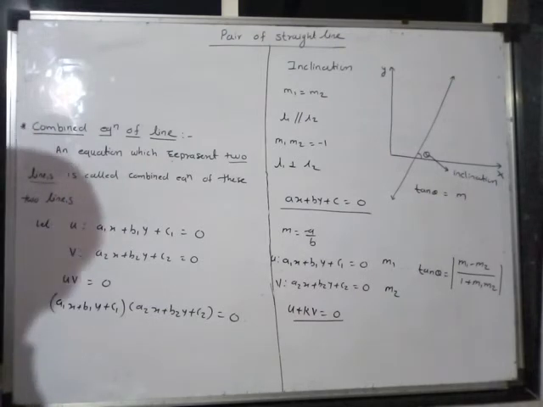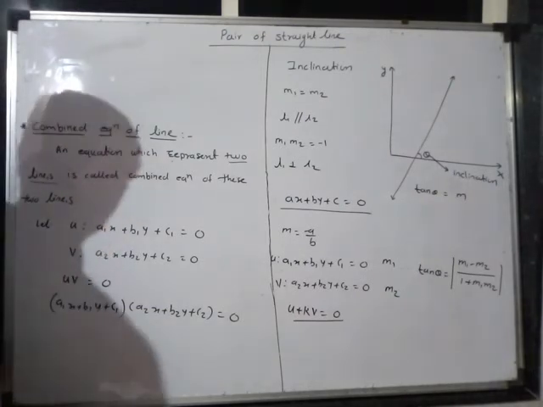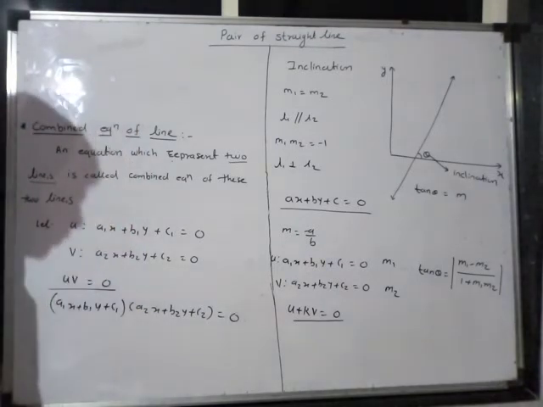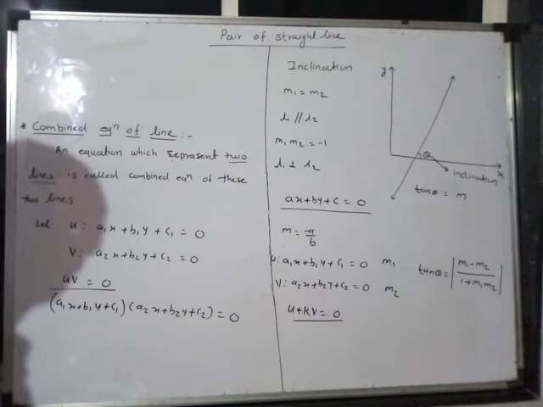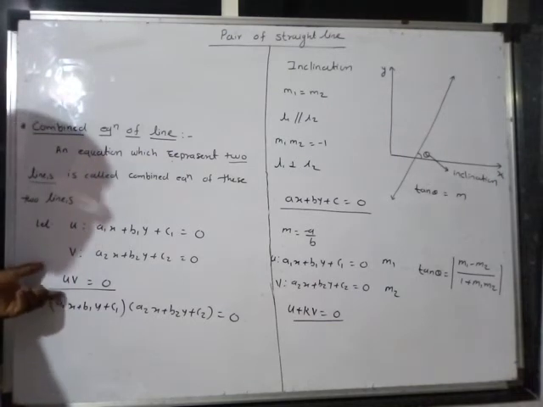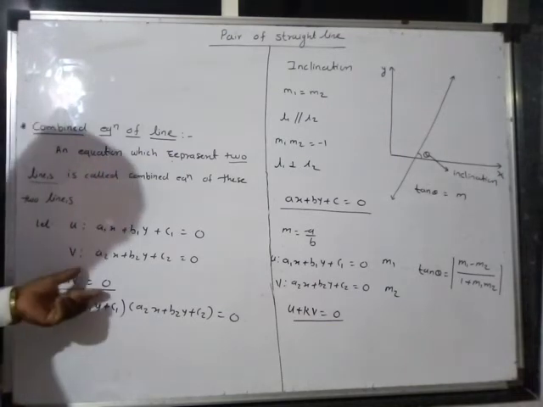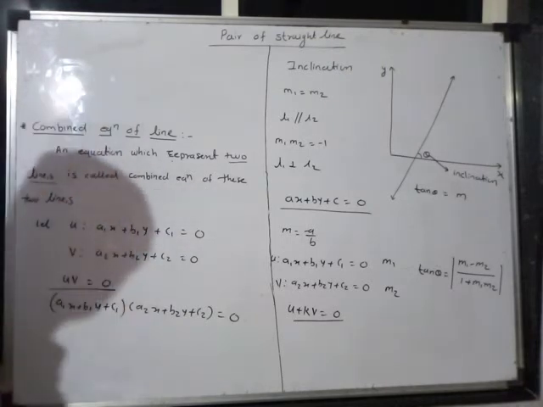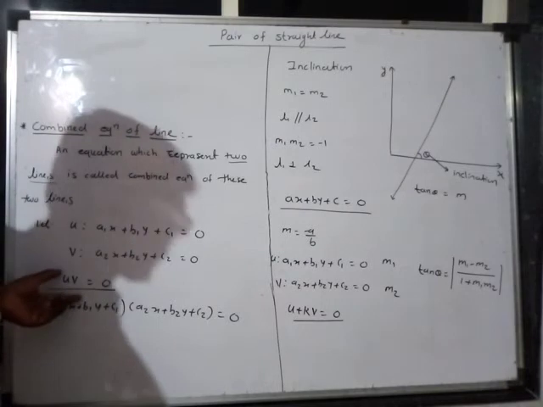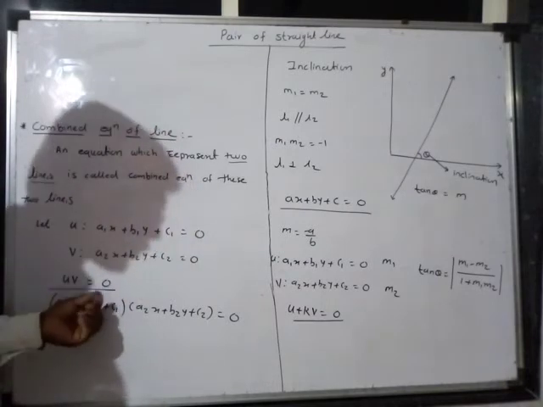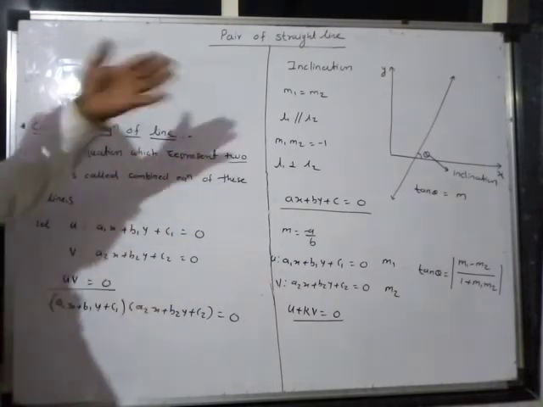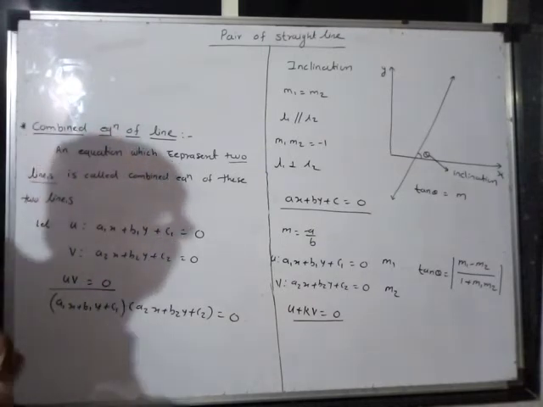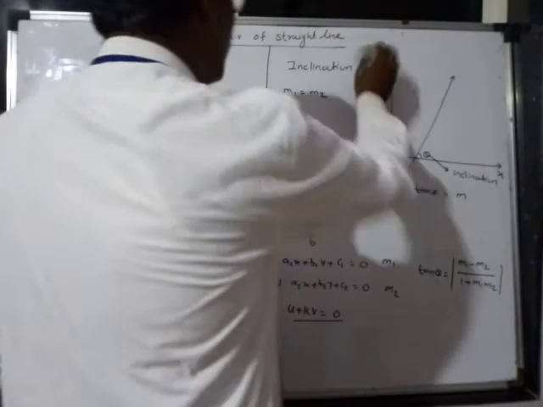Now the question arises whether every such type of equation represents a combined equation or not. The theorem says that every such equation, u into v is equal to 0, always represents a combined equation of the lines, that is the pair of straight lines. So the theorem is